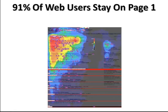Just look at this up here. What you see is the vast majority of individuals click on the first 3 rankings in Google. And very, very few individuals even bother scrolling to the bottom of page 1, much less going to page 2 and page 3. 91% of those searches, remember, searches are up 253%, but 91% of those folks are sticking around right up here. So if your website's not here,